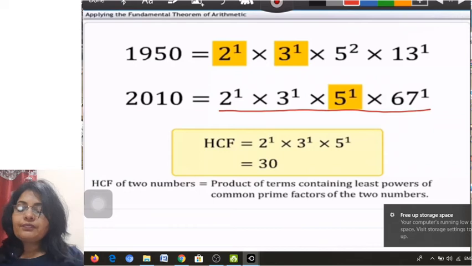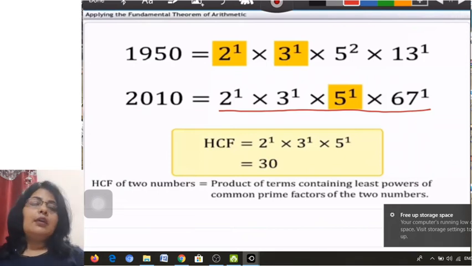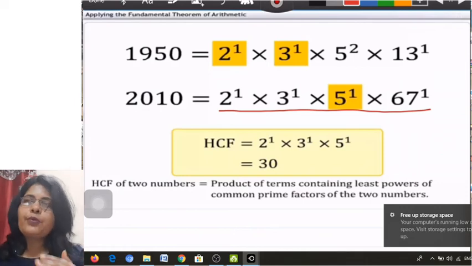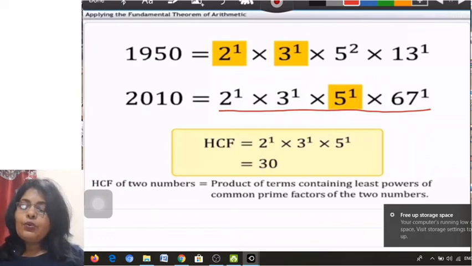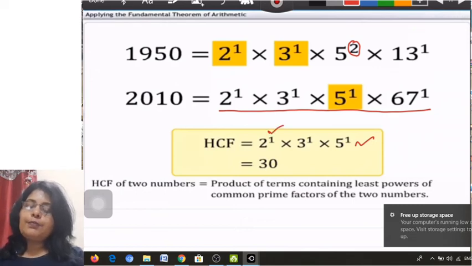You will get this. Now what is this HCF? HCF is all the things that are common. एक बहुत सिंपल सी चीज़ है कि जो भी हमारे प्रोडक्ट हैं जिसमें जो कॉमन चीज़ है उसको हमको लेना है. So HCF, here the common numbers are 2, 3 and 5. अब 5 में we cannot take 5 to the power 2. Why? Because we have to take the least degree. Now the least degree is 1. Here 2 to the power of 1 is common, so we have taken simply this. Here 3 to the power of 1 is common.